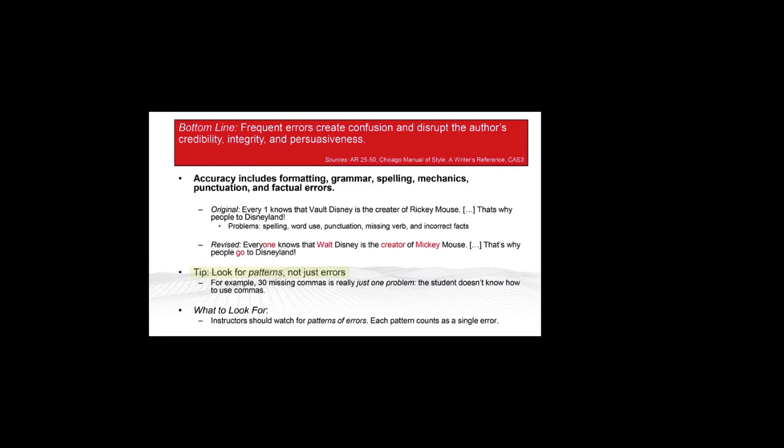Okay, go to the next one. All right, so yeah, just like I said, look for patterns, not just errors. And in the end here, your instructors are going to look for the same. All right, so that in a nutshell is Army writing style as it applies to the USAICoE writing standard. And to help reiterate the techniques that you'll need for successful writing in an Army course,